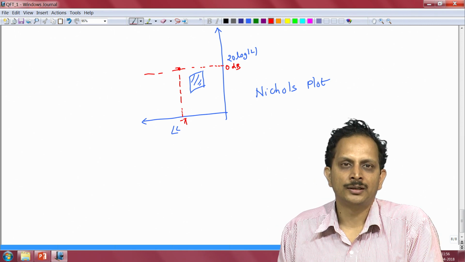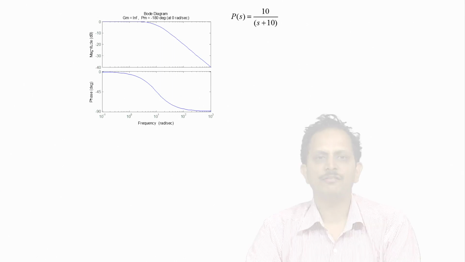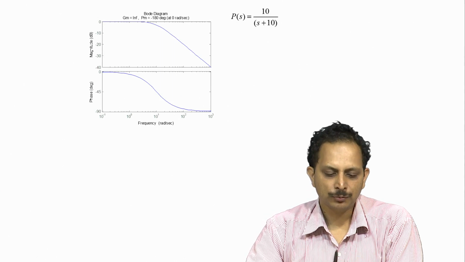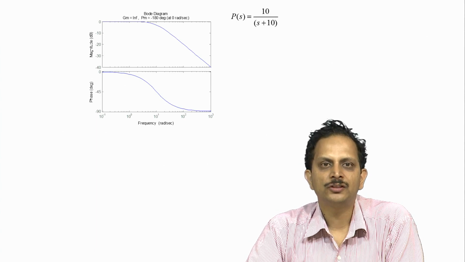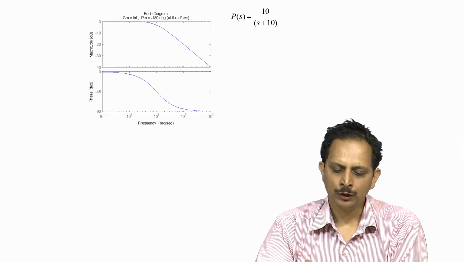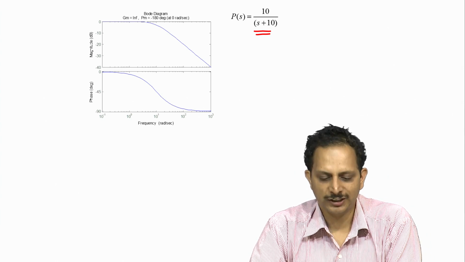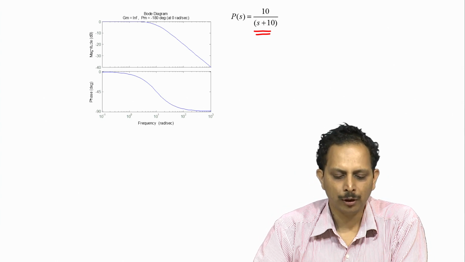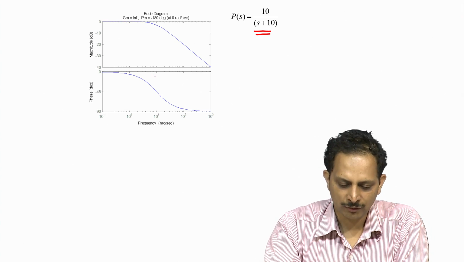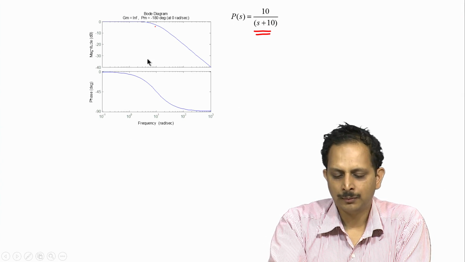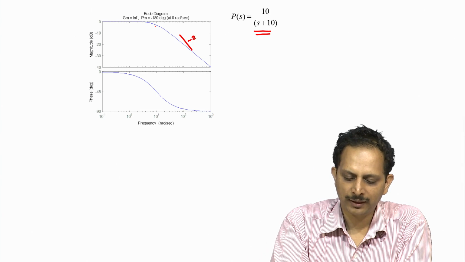Now, let us look at the Nichols plots of some common transfer functions. In order to help build familiarity, I have first plotted the Bode plot of this transfer function, and alongside it I would plot its corresponding Nichols plot. So, the first transfer function we are considering is P of s is equal to 10 by s plus 10, and we note that the Bode plot starts with a gain of 0 dB, and at the corner frequency of 10 radian per second the Bode plot will start reducing in magnitude at the rate of minus 20 dB per decade.